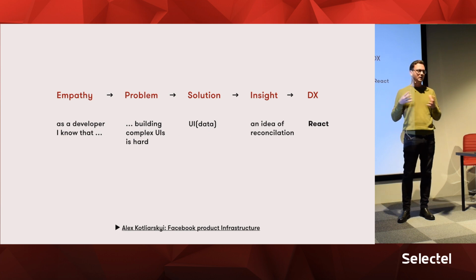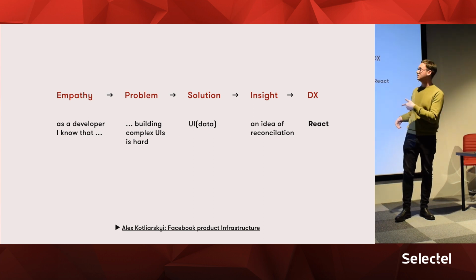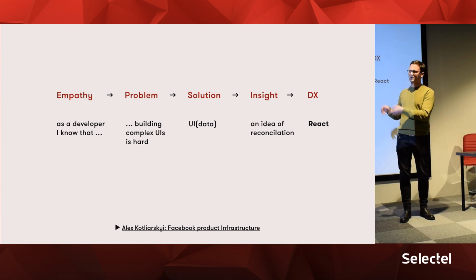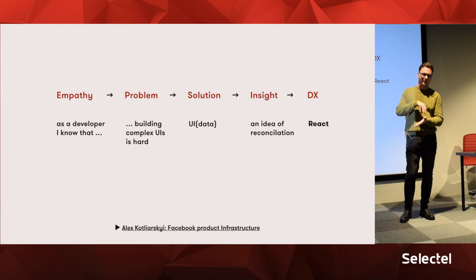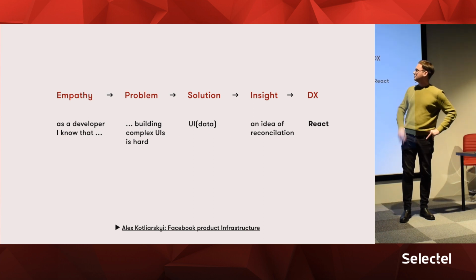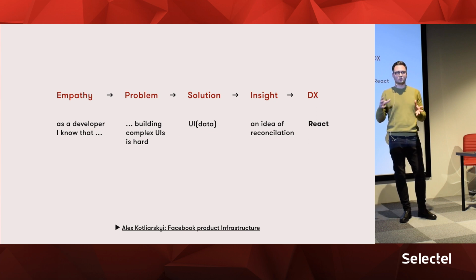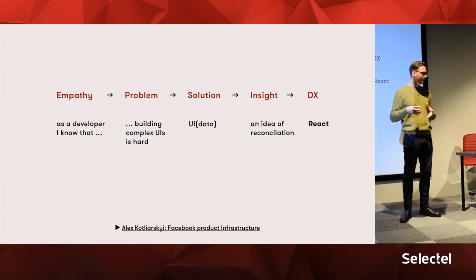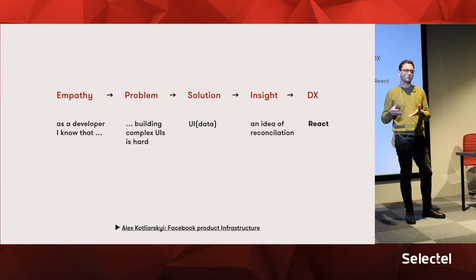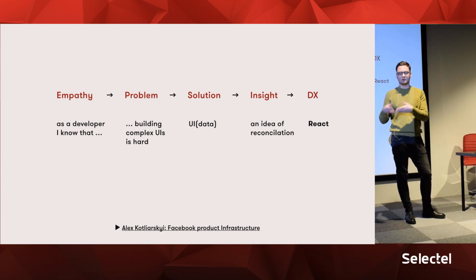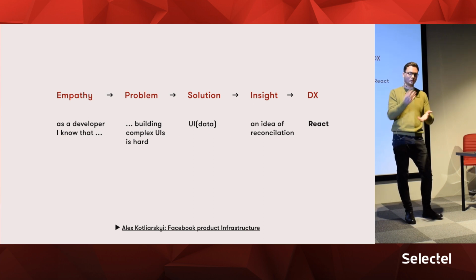They realized, and I also want to mention that Facebook initially, React's predecessor, was PHP templates that they used on the backend. And then they came up with a solution, and the solution was that basically UI is just a function of your data, of your state. But then this guy who created React tried to do this, and then he realized that, well, it's hard to then mutate your view.